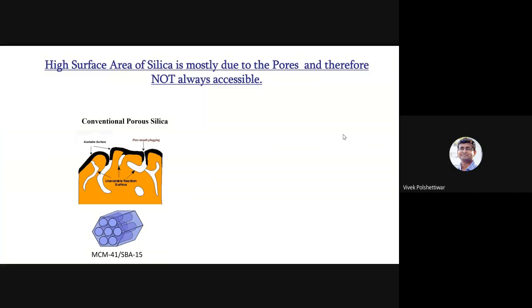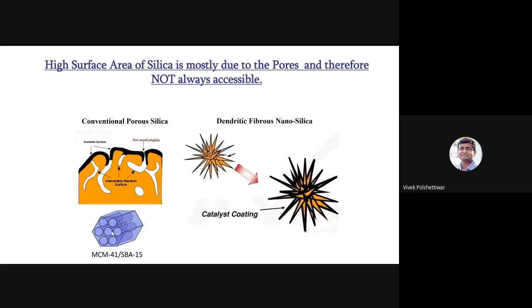One way is by reducing the size, which I don't want, because if I reduce the size, again they will meet and sinter. Another way is by creating pores. We call it a porous material, where pores are nothing but holes. You have a sphere, create holes inside, and you get a porous silica. But porous silica has its own issues, because when you start coating your active site, you start blocking these pores and lose the internal surface area. So what we decided is to produce something like this, nanosilica which has a dendritic fiber structure,